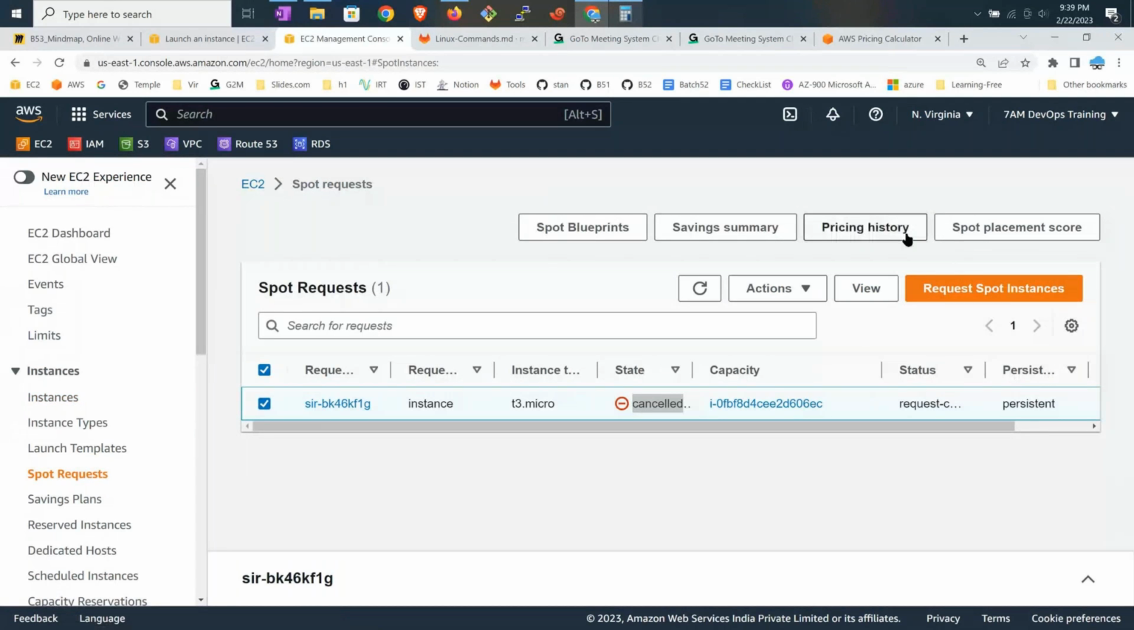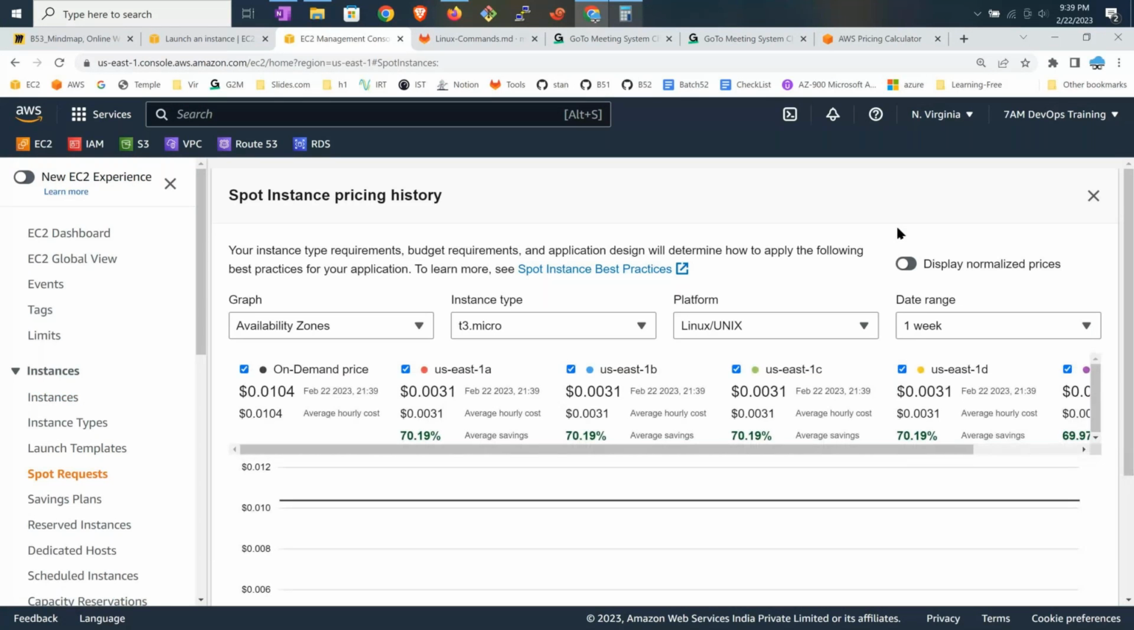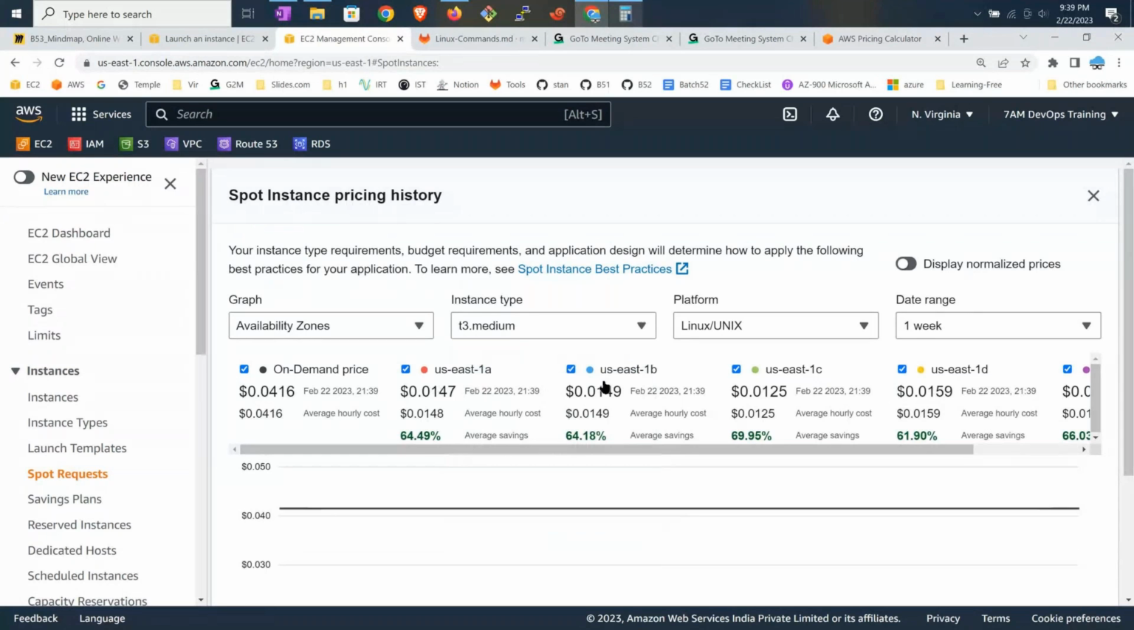Or if you want to see the pricing, click the pricing history and choose which availability zone you want. For example, I would need T3.medium, which is going to give me 2 CPUs and 4 gig of memory. And the moment you select that, from the last 1 week, the on-demand pricing is